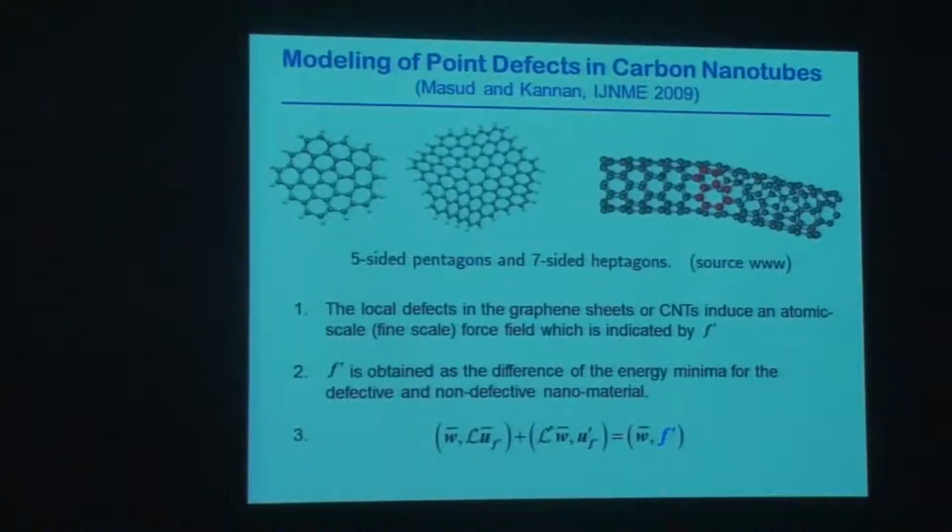As I said, the main thing in modeling of these materials is the issue of point defects, and point defects could be in the form of, let's say, a hexagonal pattern where you see a pentagon in here, or a hexagonal pattern where you see a heptagon. It not only changes the local properties, it changes the local bond lengths and bond angles, but it also changes the curvature. But let's say we localize and look at what happens only around these defects. And these defects are mostly present by nature,